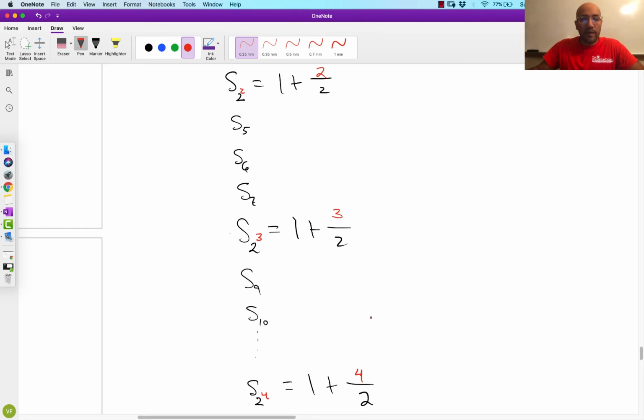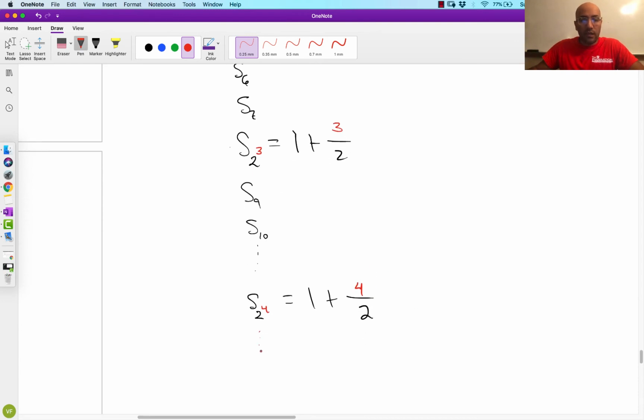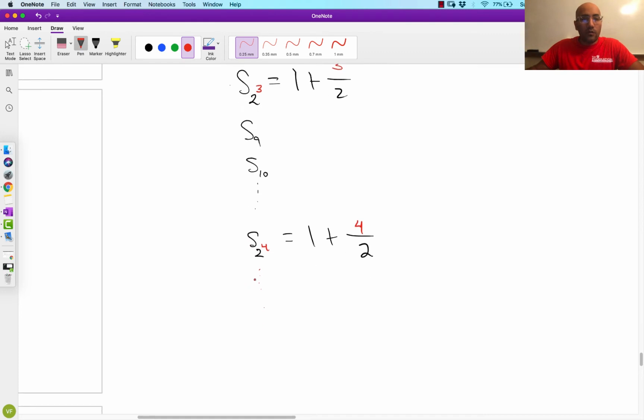And now we start to see the pattern, right? So there's a bunch of s's. The next one is s sub 17, and then s sub 18, okay, but amongst those are going to be the ones that happen to be powers of 2. So if we land on, or the next time we land on another one, s sub 2 to the power of some value n,